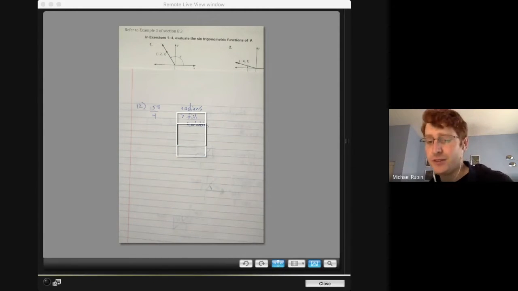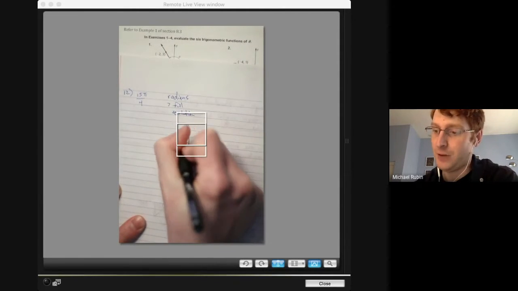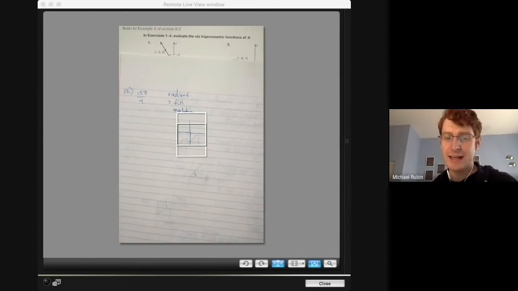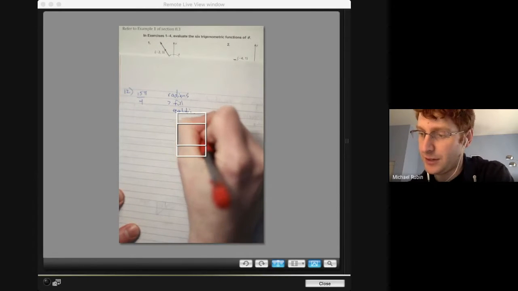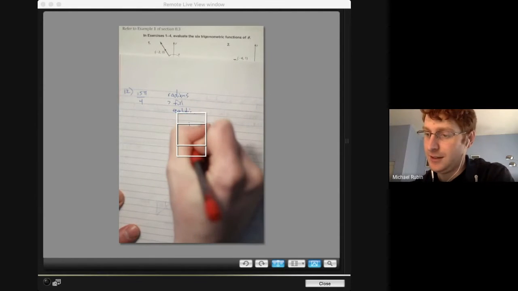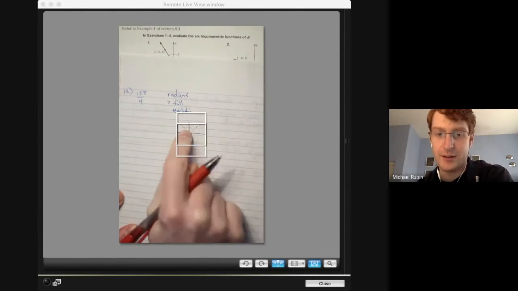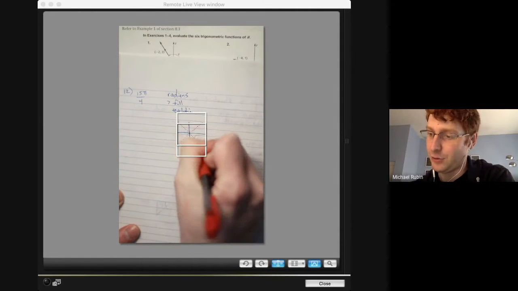I'm going to try to do this the most visual way you can. You can do this algebraically. So I'm just going to graph 15 pi over 4. I'm going to sketch it. So keep in mind that pi over 4 is the same as 45 degrees. This is 90 degrees. So I've got pi over 4, another pi over 4